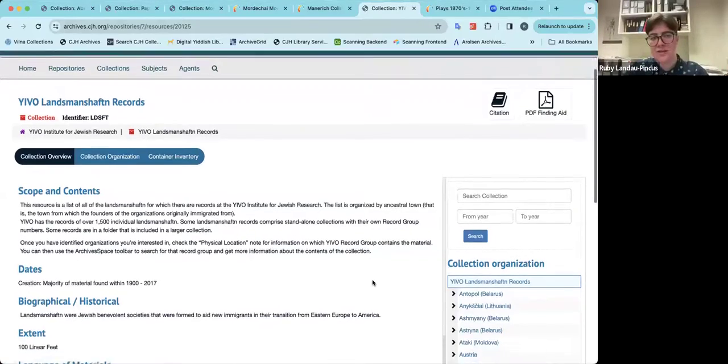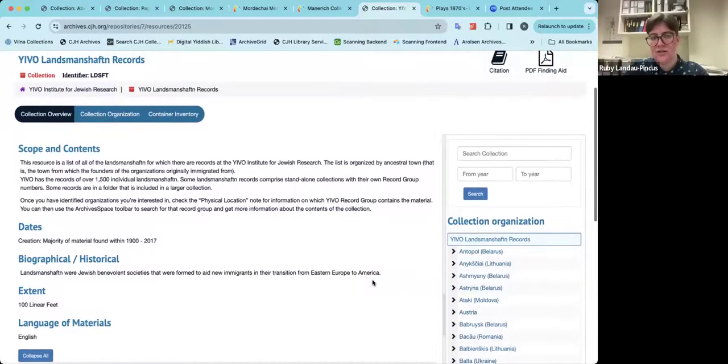So this first thing that I want to show you isn't technically a finding aid, but it is organized like one. It is technically a resource because it's not specific to any one collection. It is rather a conglomeration of many different collections. So I will share my screen here. This is our Landsmannschaften collection, or Landsmannschaften resource. Landsmannschaften are and were groups of Jewish immigrants from the same town in Eastern Europe, generally, sometimes from the same family. And this collection, you'll see that it's organized